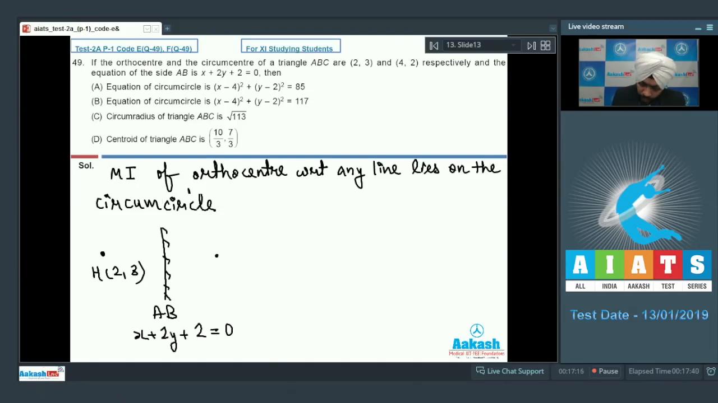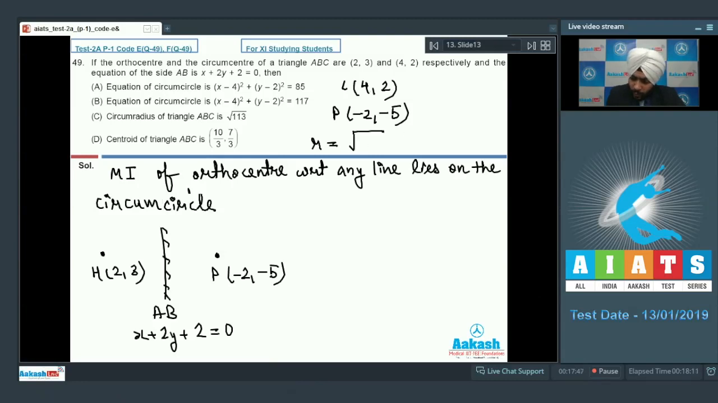The mirror image will come out to be equal to, let us say, any point P on the circle (minus 2, minus 5). Okay, so C is the center of the circle (4, 2). P is a point on the circle (minus 2, minus 5). You can easily write down the equation by using (x minus a) whole square plus (y minus b) whole square equal to r square. So what will be the radius? Radius will be the distance between 2 points. 6 square plus 7 square, so that is under root of 85. Option number 1 is correct, 2 is wrong, 3 is also wrong. Okay, then